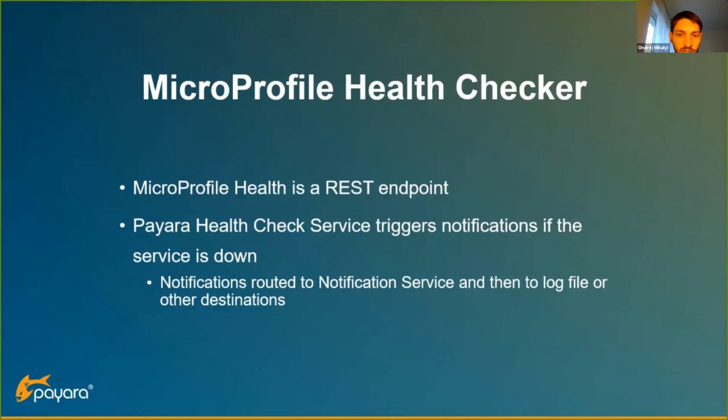And then the notification service gets these notifications and routes them to different endpoints. One of them may be a log file, so you get a message in the log, but it can also send messages to other systems, or send a JMS message, which can be received by any application